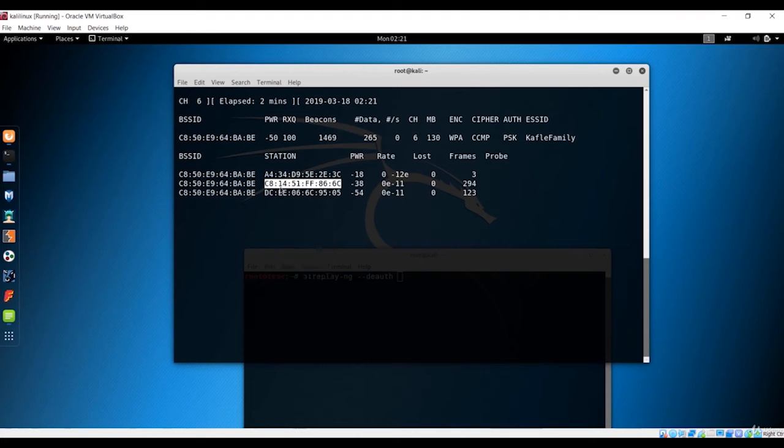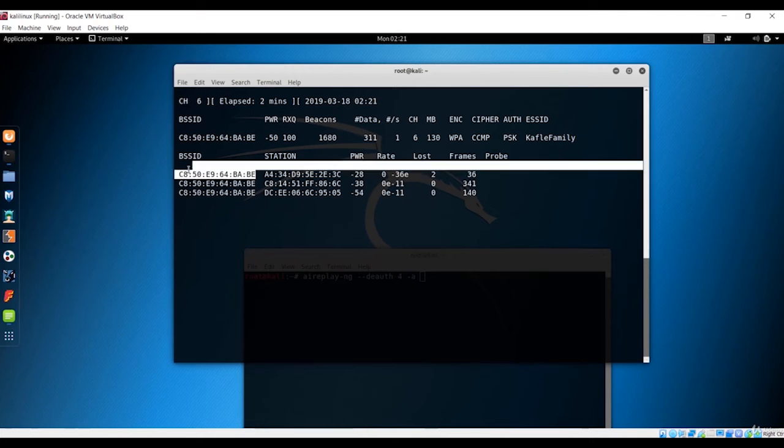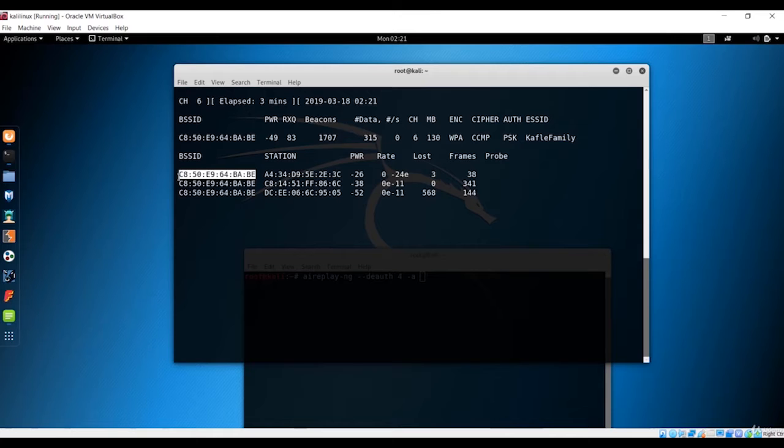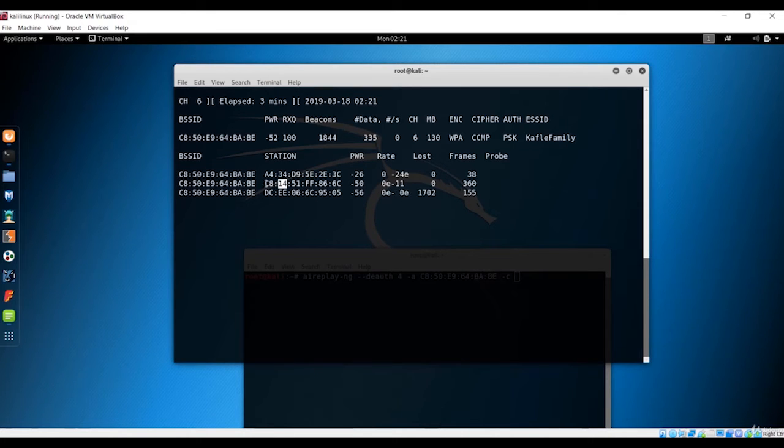So let's copy this, because this is the station. And now before that, okay, let me open it. In this de-auth you have to first give some time. In this case I want 4 seconds, maybe 5 seconds, it's up to you. So I want to de-auth for 4 seconds, and -a is for this BSSID, and let me copy this first. So if I copy this and paste it right here, after the BSSID I want the client. The client is with this -c argument, and let's use any of these clients. So I want this client.